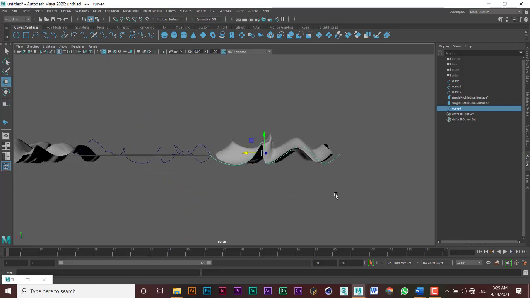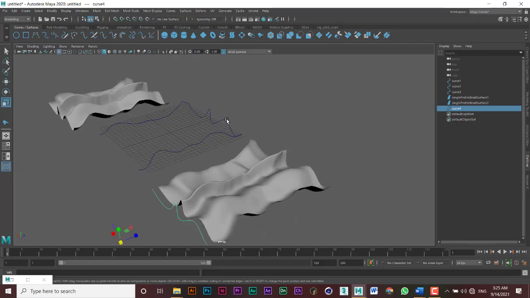So if I come to my scale tool, for instance, and scale it down, you would see it fits exactly on the surface. So it starts off and it has a falloff distance up to this,